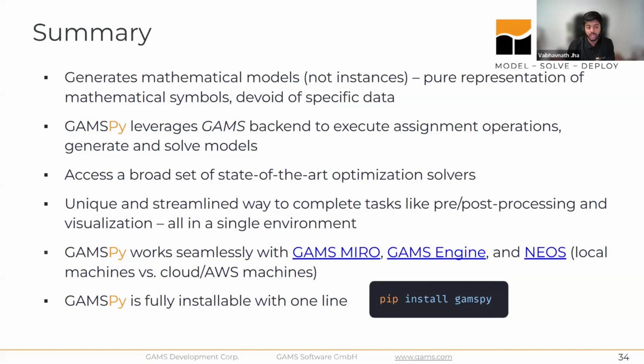It provides a unique and streamlined way of completing tasks like pre- and post-processing and visualization, all in a single environment. GAMSPy works seamlessly with GAMS MIRO, GAMS Engine, and NEOS, which lets you solve the model either locally or on remote servers. Once again, GAMSPy is fully installable with one line: pip install GAMSPy.